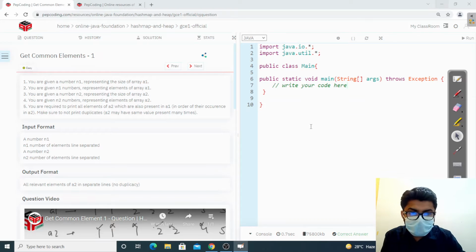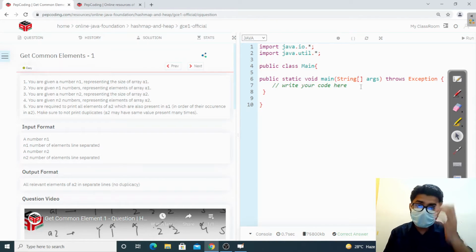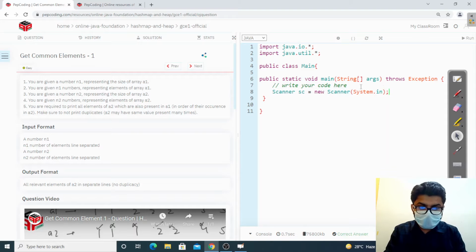Why are we doing this instead of just putting it once? Because the next question is very similar to this, and if we write it like this, it would be very helpful to solve the next question. So let us just do that. Take the first input.